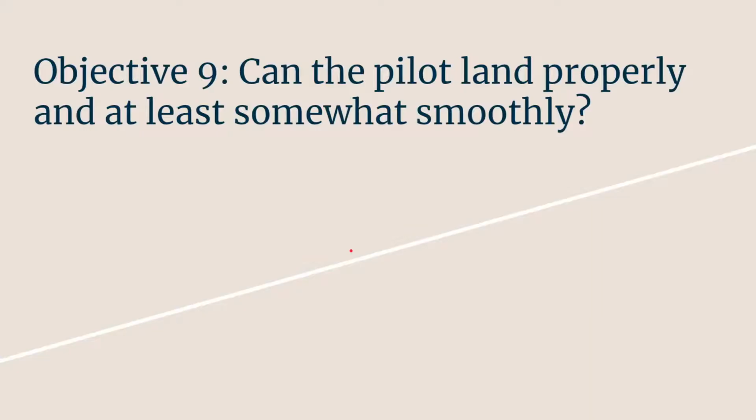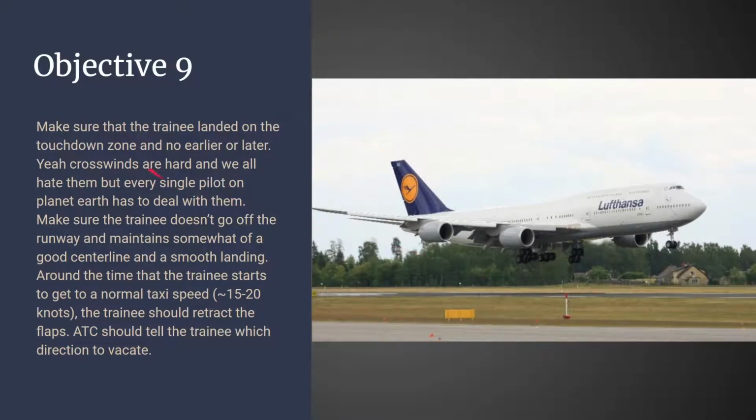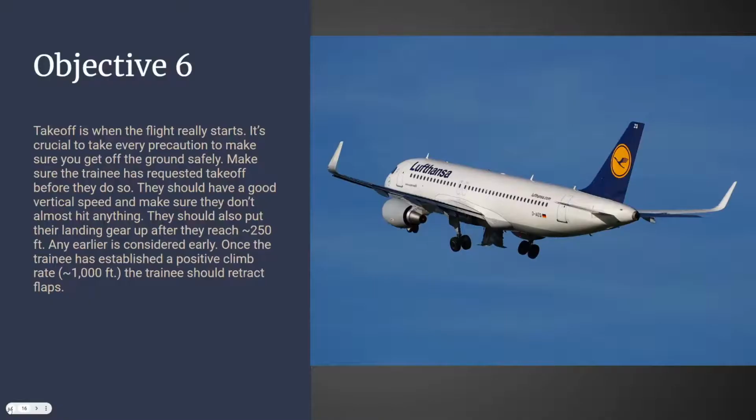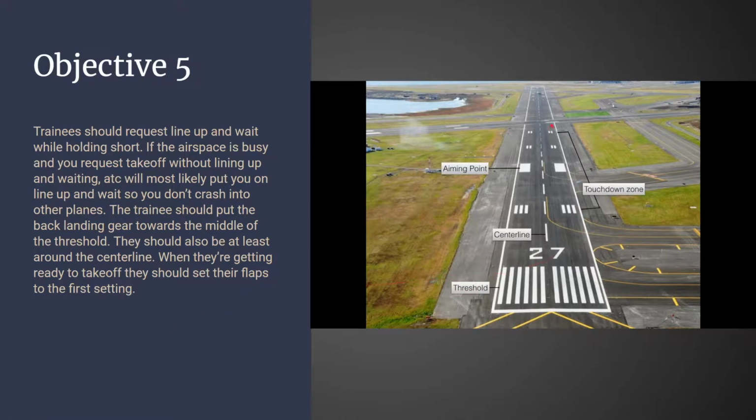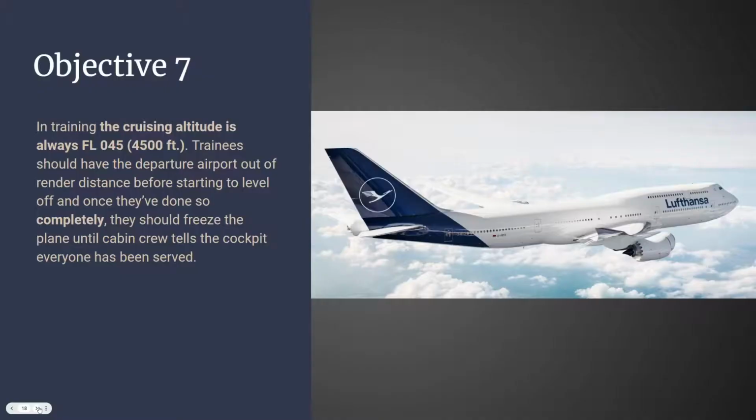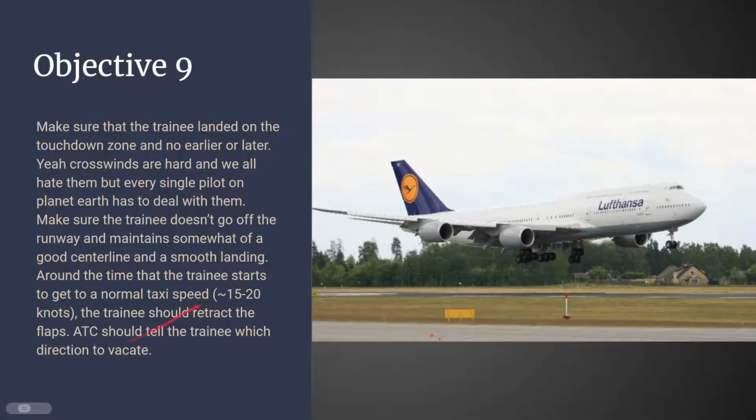And yeah, that's approach. Now at landing. So we need to make sure that the trainee landed at the touchdown zone. So let me show you that on the runway. So this is the touchdown zone. It's these checkered lines, not this, but these checkered lines, and these two squares right here. We need to make sure the back gears at least touch down before this. In the case that they do not, the pilot should go around in order to prevent overrunning, which is very, very bad. Anyways, we need to make sure that they land smoothly too,